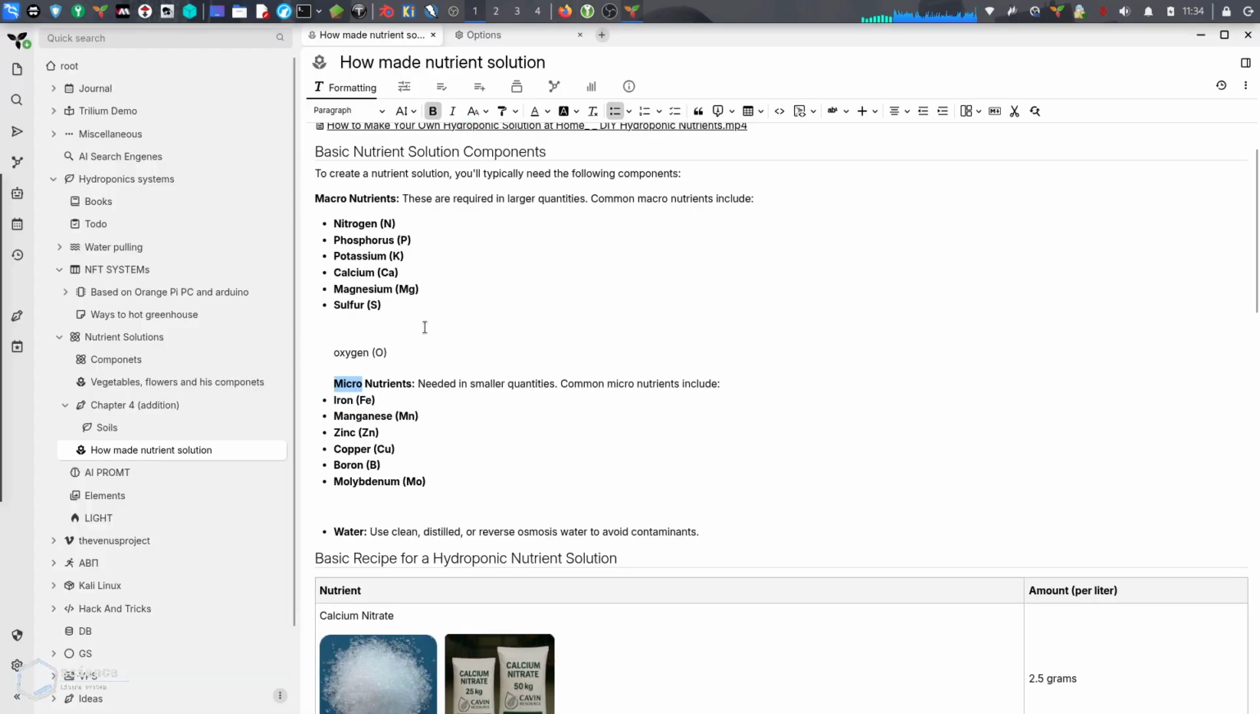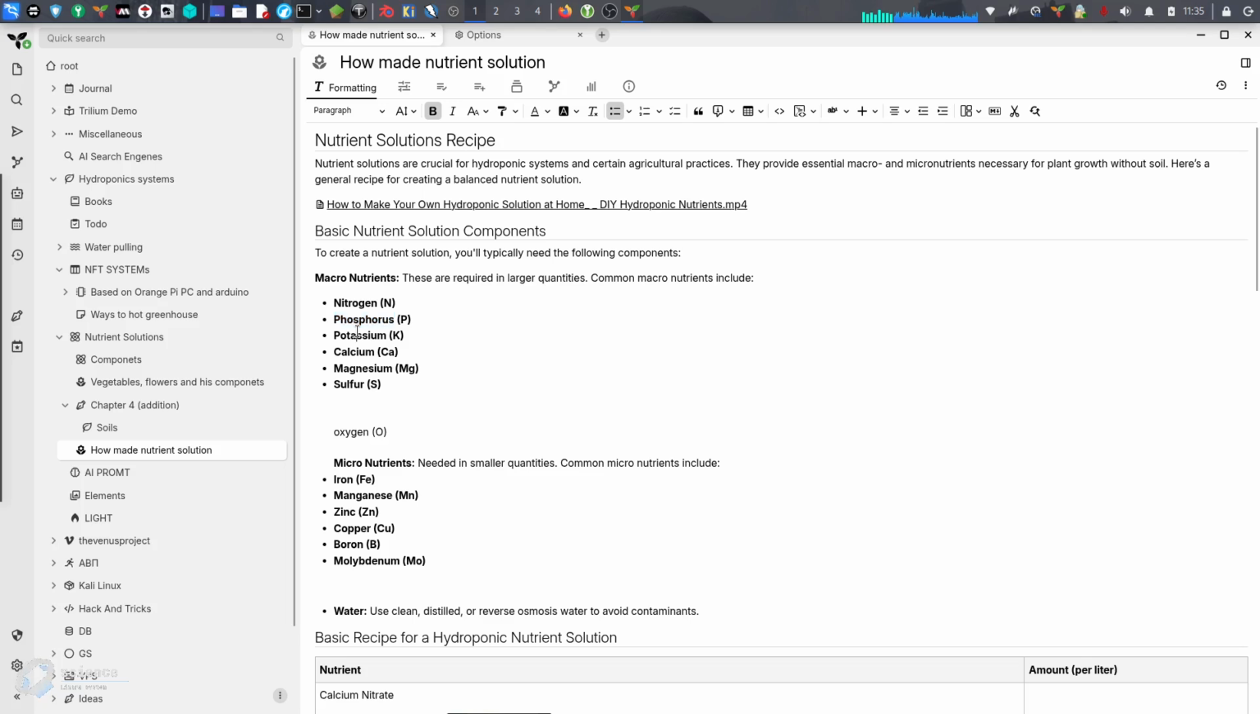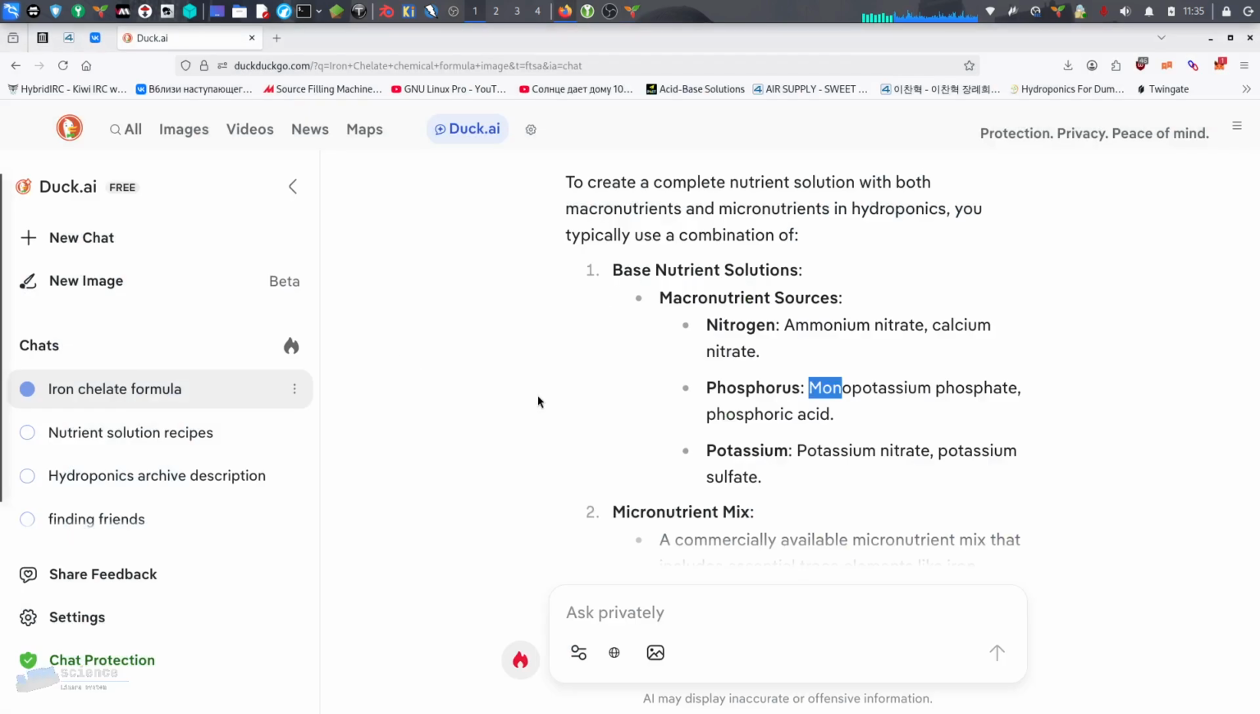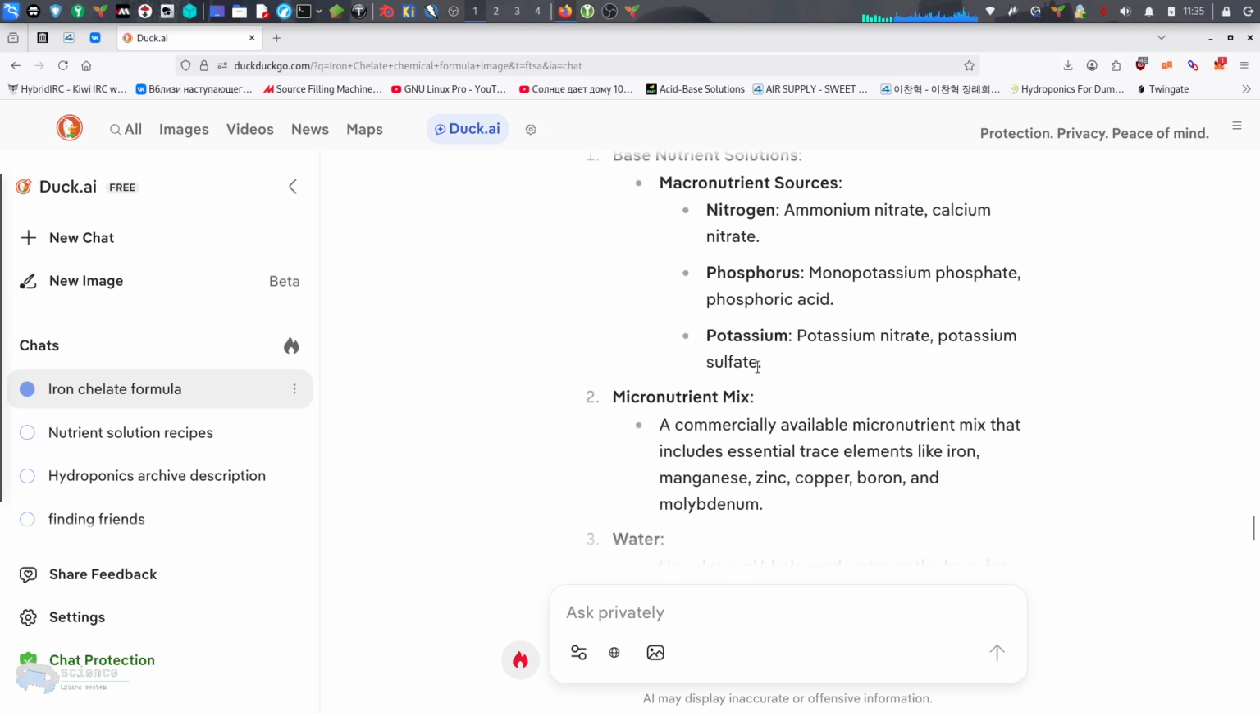phosphorus. This table can have mistakes because these micronutrients may not be used by plants. It can say in general, in chemical category, and I think we need nitrogen, phosphorus, potassium, calcium, sulfur, magnesium, maybe iron, oxygen. Not all elements, not for all plants. Okay, phosphorus: monopotassium phosphate, phosphoric acid, potassium nitrate, potassium sulfate,